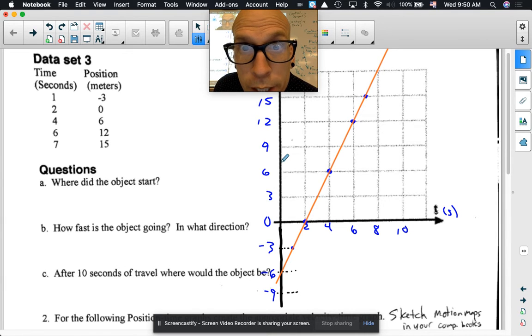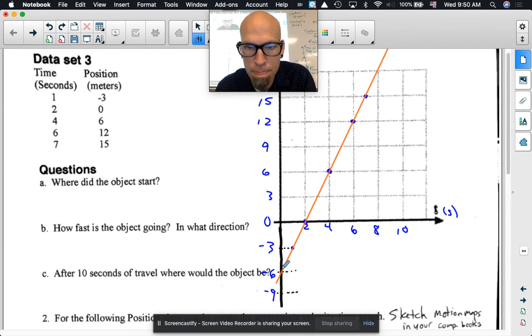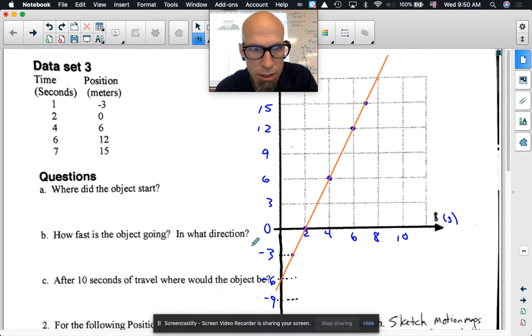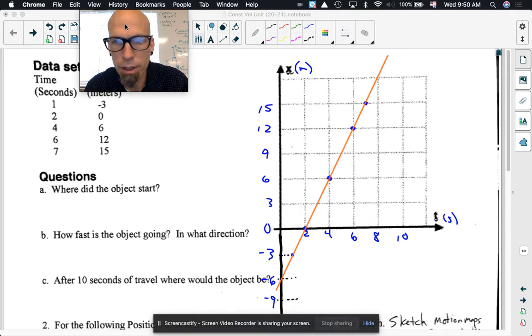We need to talk about this final page of the 4-page packet. As you can see here, this is what your graph should probably look like. I had to extend the position axis down below the zero so it would actually have a negative area, which obviously you were able to do easily on your sheet because